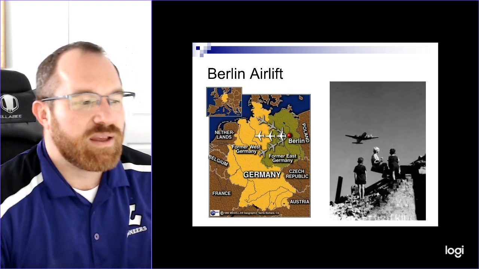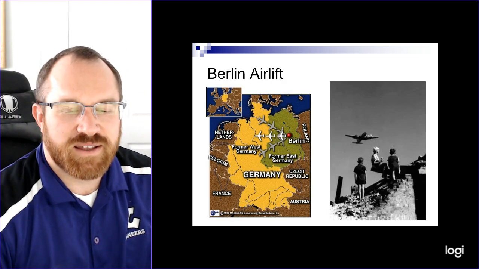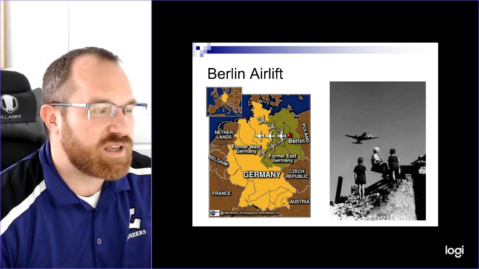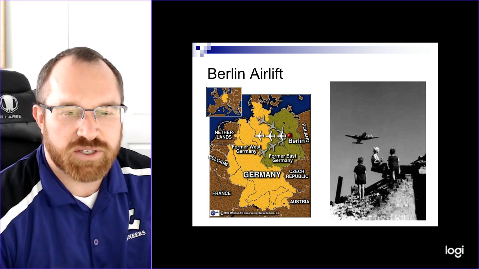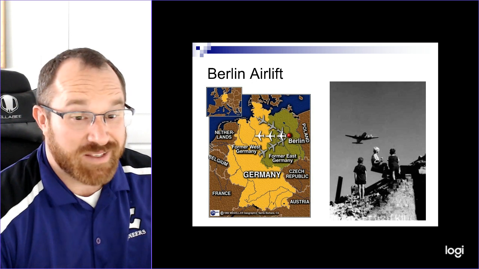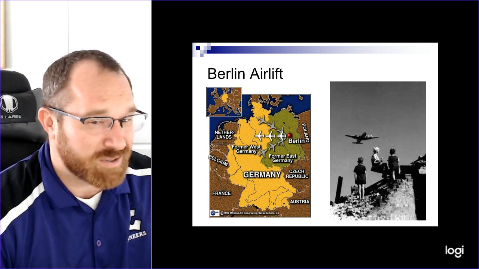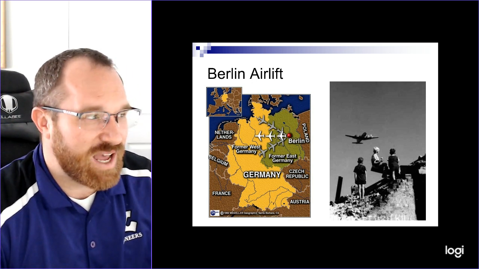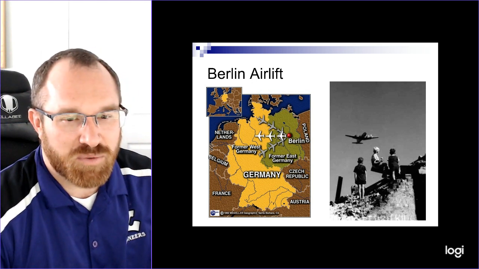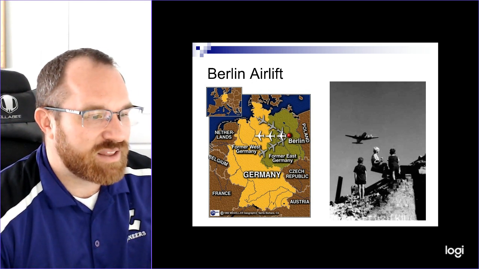So now Stalin decides, I'm going to cut it off. So he cuts off all land routes into Berlin, trying to starve the Allies out of there. This could have been the beginning of World War III. Of course, no one wants to see World War III happening so quickly after the end of World War II. So at this time, now we have